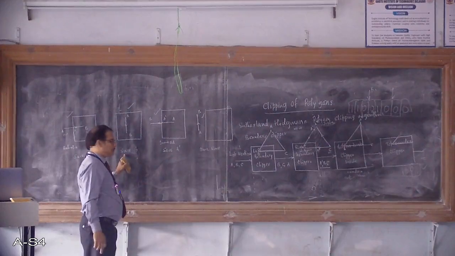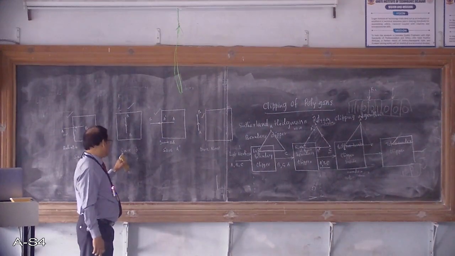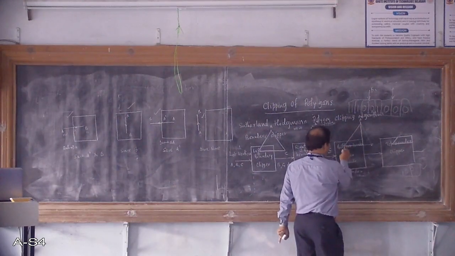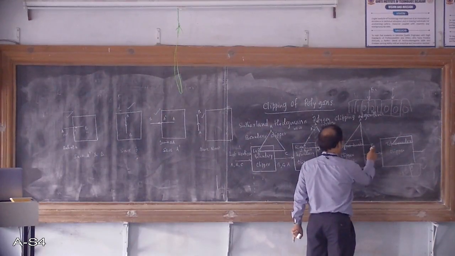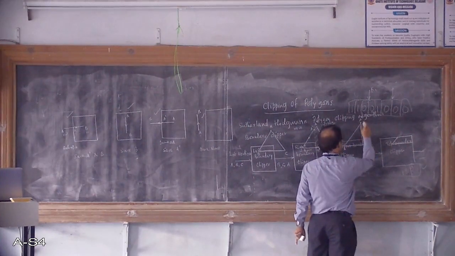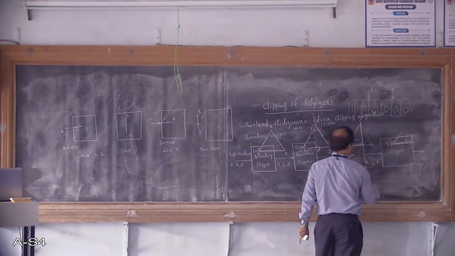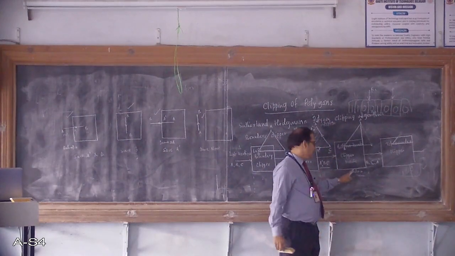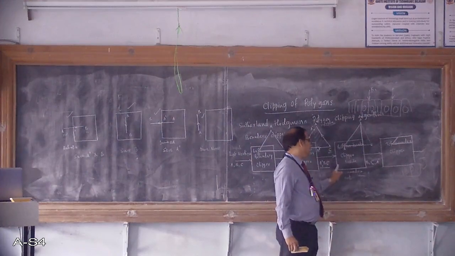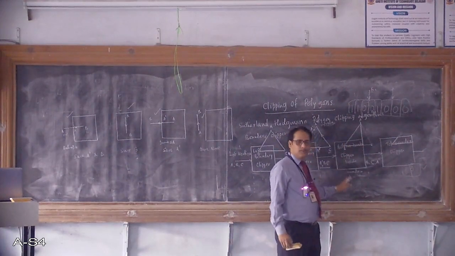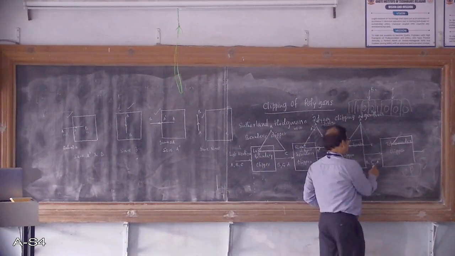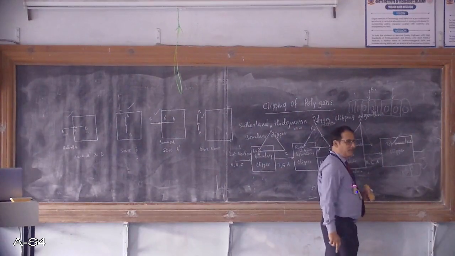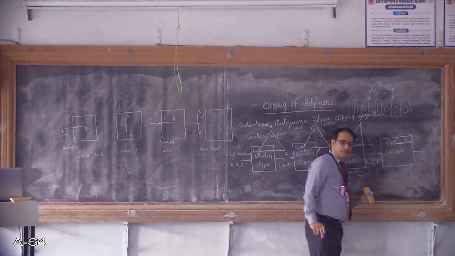Under this case, we have to save the second vertex. So let us start with AB. The second vertex of AB is B. For BC, the second vertex is C, and for CA dash, the second vertex is A dash. So you get the three vertices for the bottom boundary, which is the same as the input list. That means there is no change as far as the bottom boundary clipper is concerned. So B, C, A dash are the input list of vertices for the next boundary clipper, that is the top boundary clipper.